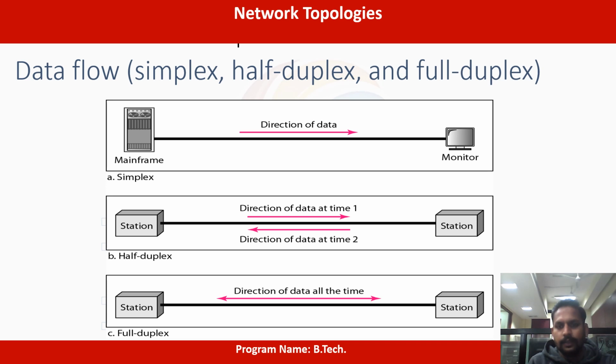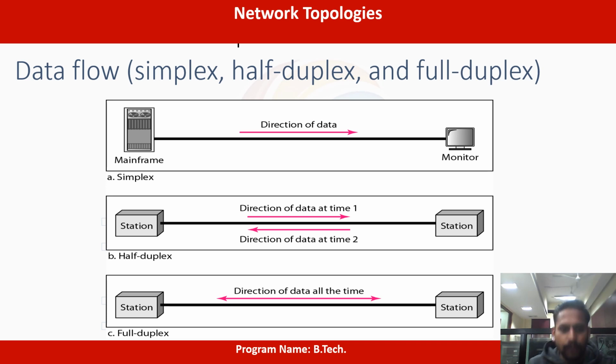If you are using half duplex, what will happen? If the sender machine is sending data, the opposite machine cannot do any activity at that time. After receiving the data, it can send data back to the sender. So in half mode, first it will receive and then send, or first send and then receive. Both functions won't happen at the same time. This kind of communication is called half duplex.